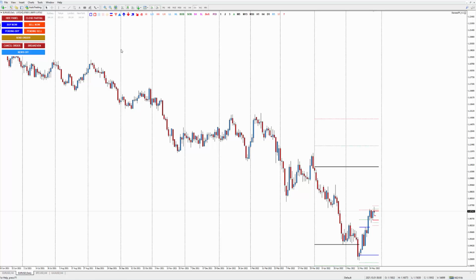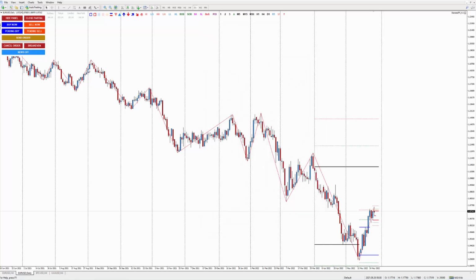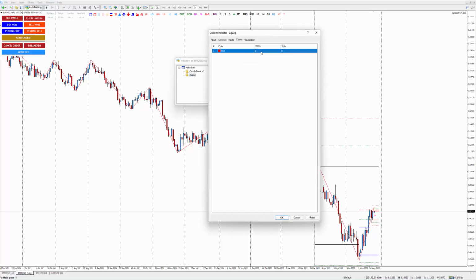If you are still confused, especially if you are very new to trading and want to really understand, you can use an indicator. It's called a zigzag indicator. Okay, so you just click File and then choose Indicator, and then click OK. You see that here is an indicator. You can make it as if it is the main structure. Okay, can you see it? Let me change this color. Okay, let's make this black.